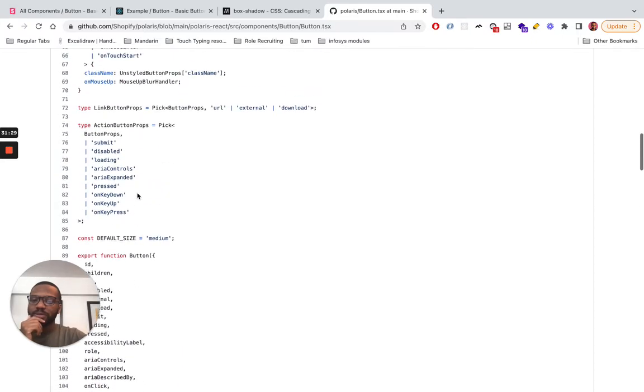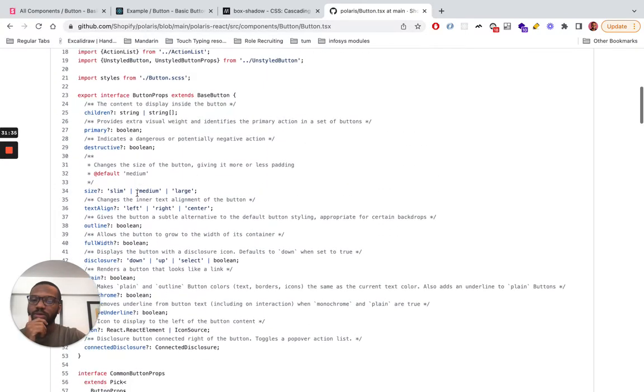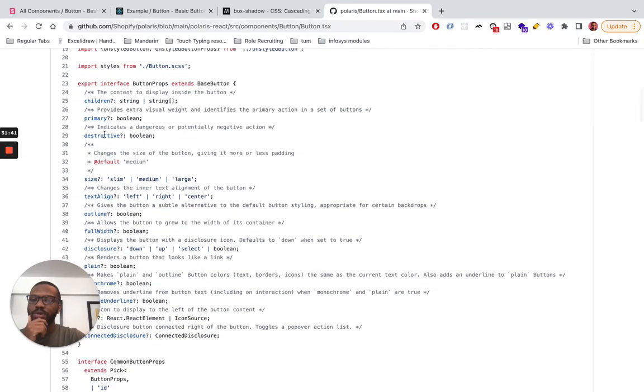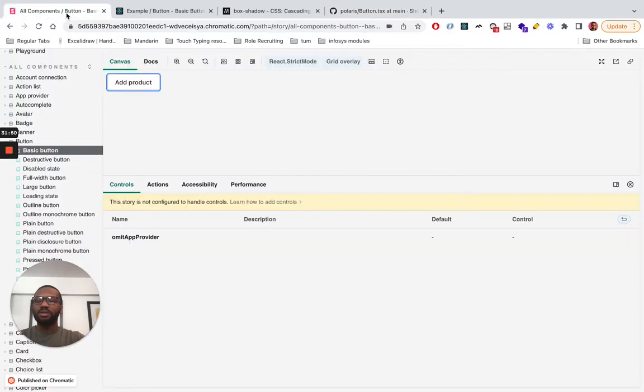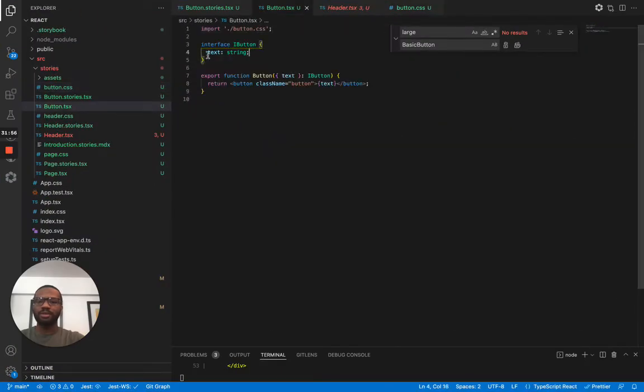First of all, interesting. Okay, so they have an interface. They do not bother taking text. They just take children. So that's a good one. So I don't need this. I don't need this. All I need to do is to structure children. And this is by default passed to every